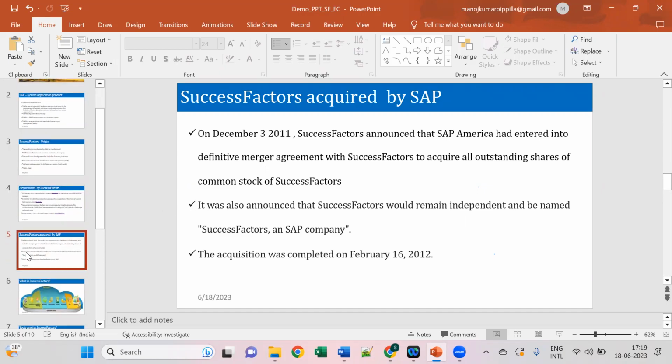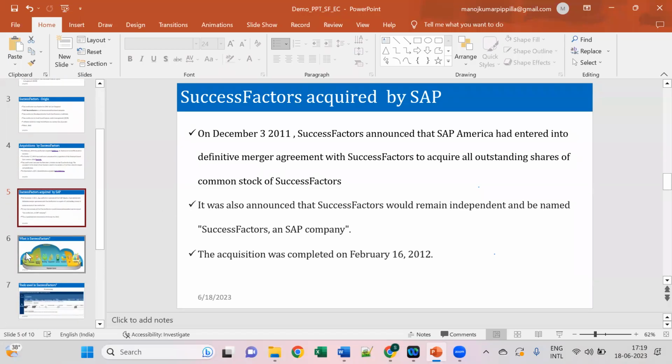Now we are discussing SAP Success Factors and all. But you may get some questions like, what is our actual work to do by learning this? What is the purpose of using this application and how will it be used? That is the main purpose we are looking at here. That is the main thing we need to know. So let us go through that and discuss.